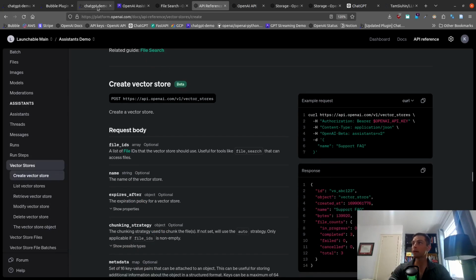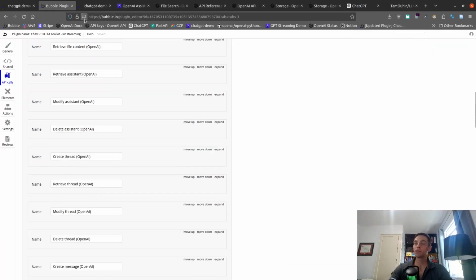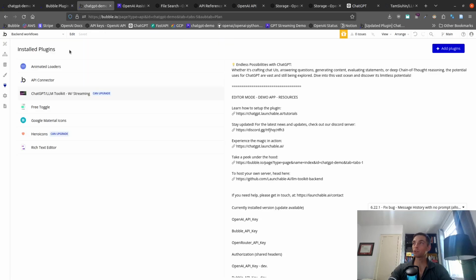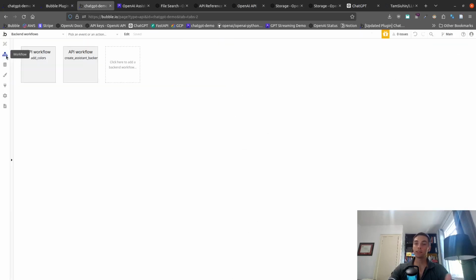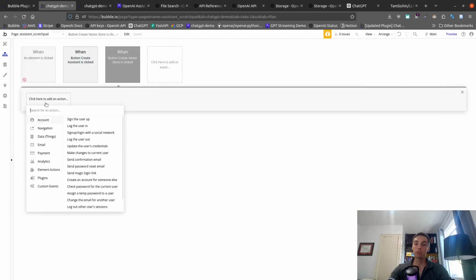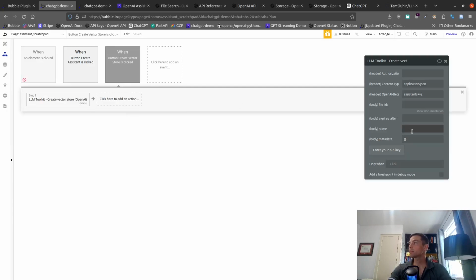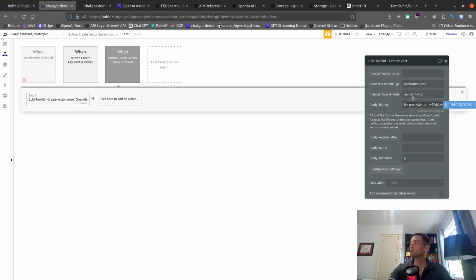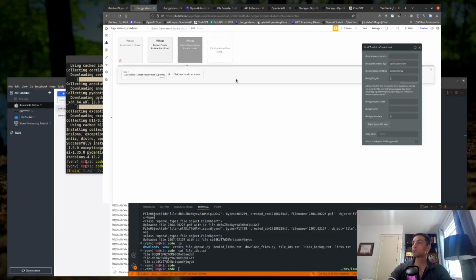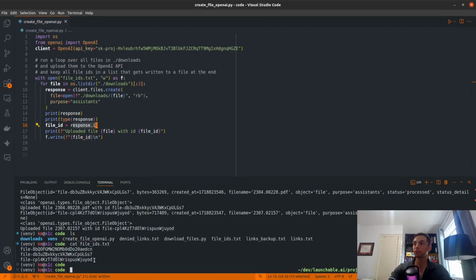So in our action over here, if we have some way of uploading all those files and keeping those file IDs, then when we run this action, create vector store, we can pass in the file IDs here. So we can pass in an array and include those file IDs that we just saw over here, these 3,